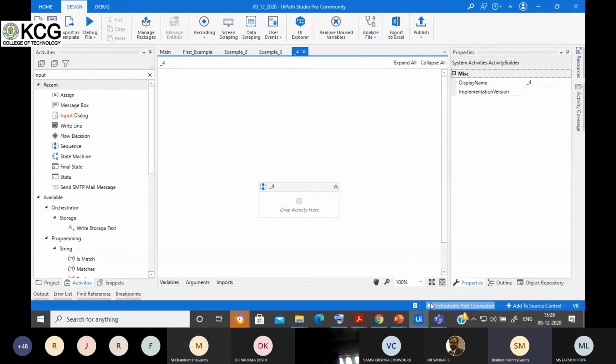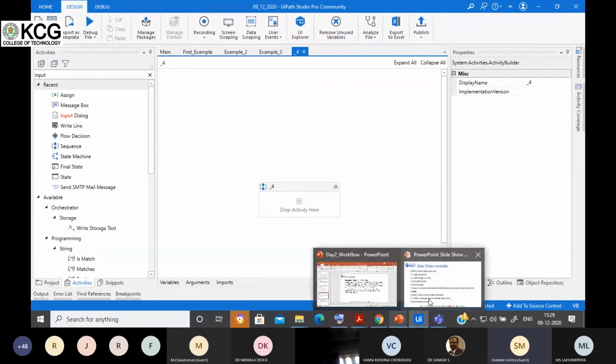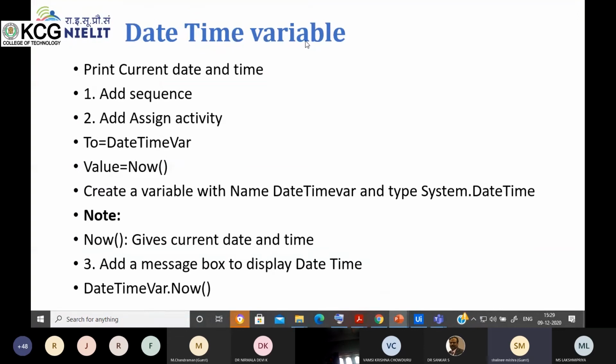Here we want to use this date and time variable. By using this date and time variable, we will print the current date and time. Here we already added one sequence, and now I am going to use this assign activity.